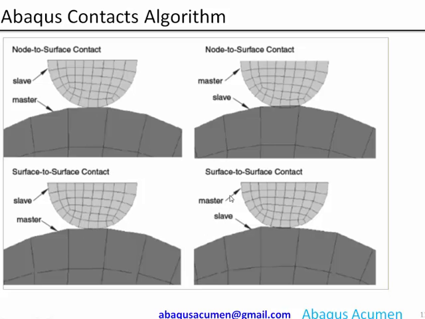Even after swapping, when you make the fine mesh a master and the coarse mesh a slave, there is no issue because it is a two-way contact. For a master node also, it will check penetration on a slave segment. So there is no penetration. But with node to surface, if you swap the slave and master condition, you see a penetration because it is a one-way contact, and surface to surface contact is a two-way contact.